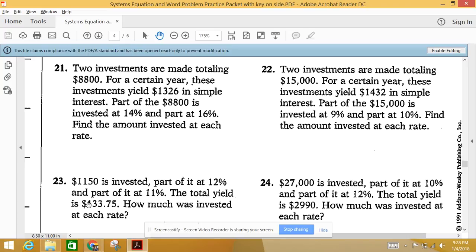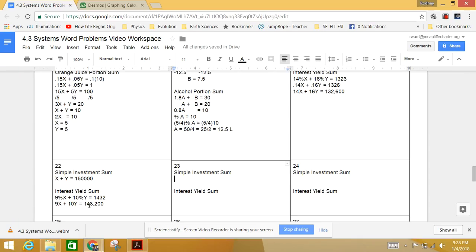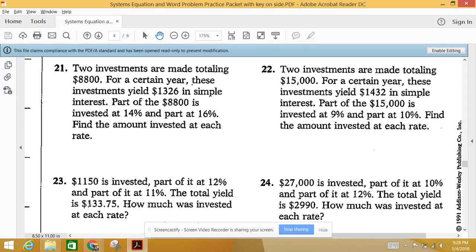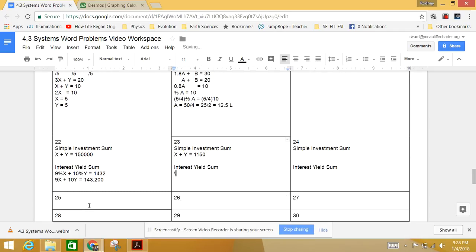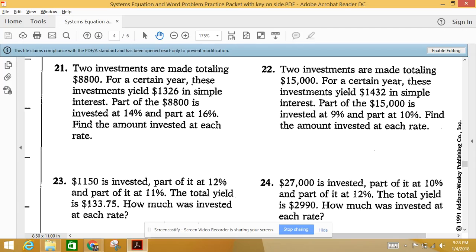So once again, we have a simple investment sum of x plus y equals $1,150. And then we're going to have an interest yield sum, which is going to show that we're promised 12% back on our x part of our investment and 11% back on our y part of our investment. And that's going to total